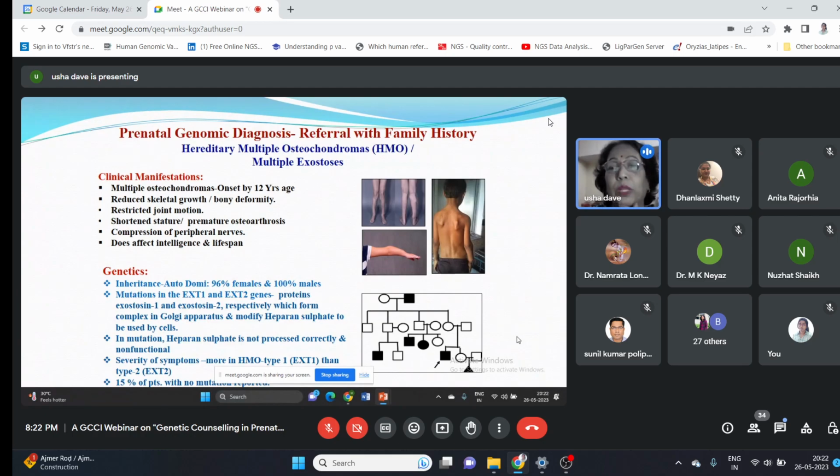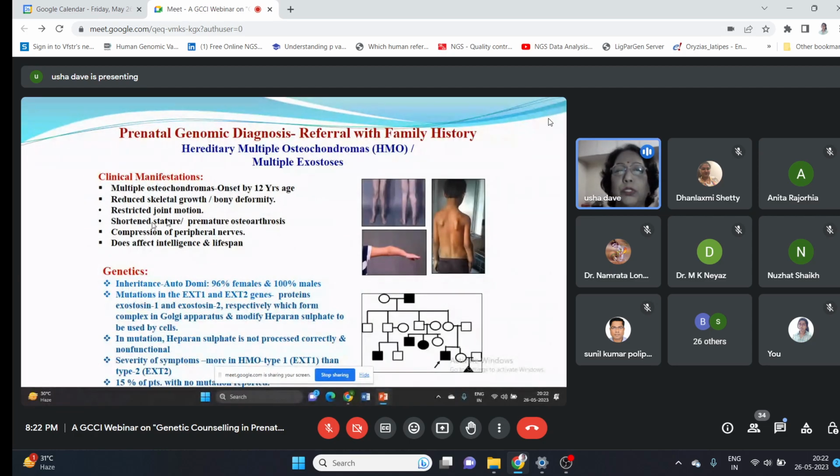Here is a case where the lady comes who is pregnant. You can see it here in the end. And again, she gives me the family history of hereditary multiple osteochondromas, which is very, very obvious. She has seen it in her brother, she has seen it in the earlier generation also. And then at that time, instead of doing whole exome sequencing or the specific one, we had to explain to her what the cause is, what the other possibilities are. And the clinical manifestation was very